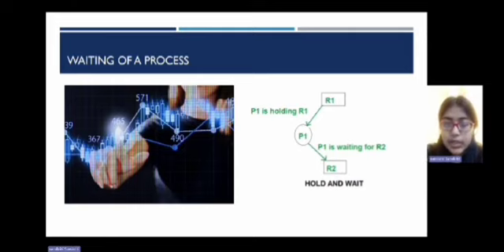By this diagram, you can understand that P1 is a process, and R1 and R2 are the resources. So R1 is held by P1, meaning P1 is holding R1 and it is waiting for R2. This diagram tells us about the hold and wait condition. Now,